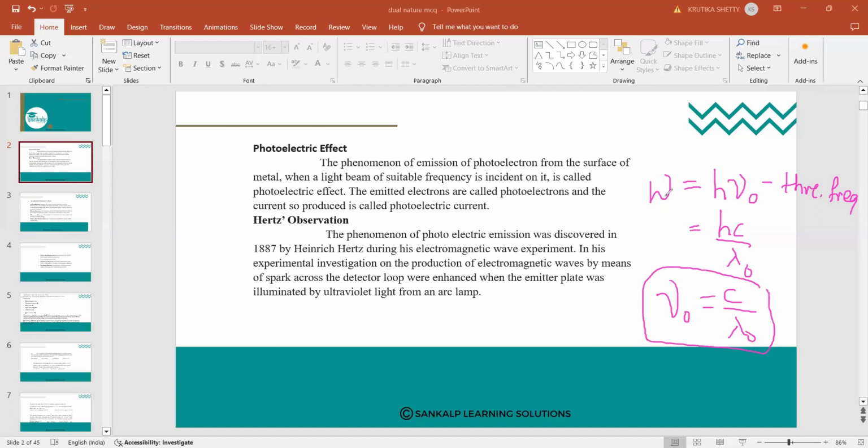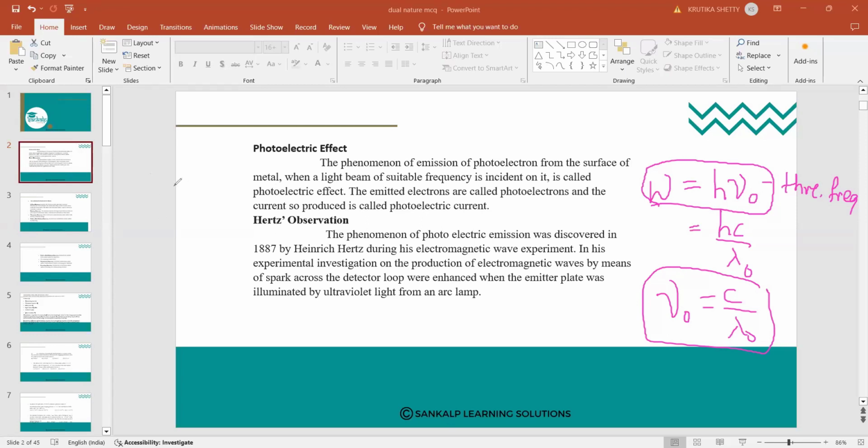So what you should remember: W, the work function, is equal to h into nu naught, or hc divided by lambda naught. Okay. So nu naught, lambda naught, threshold frequency, threshold wavelength. c is the velocity of light in the vacuum. When you are doing a question with this formula, remember it is useful for